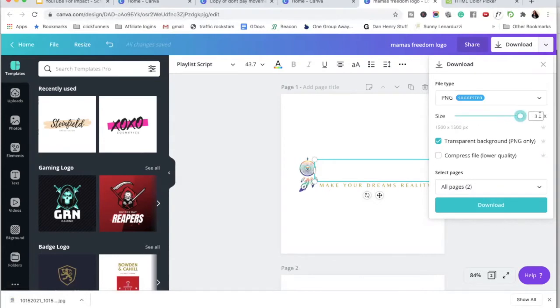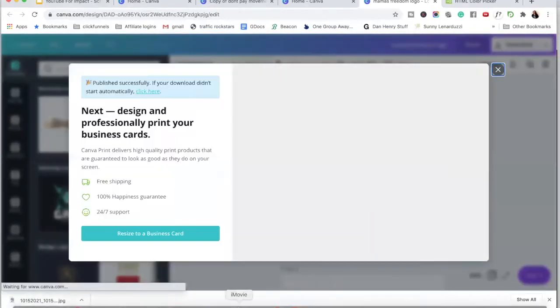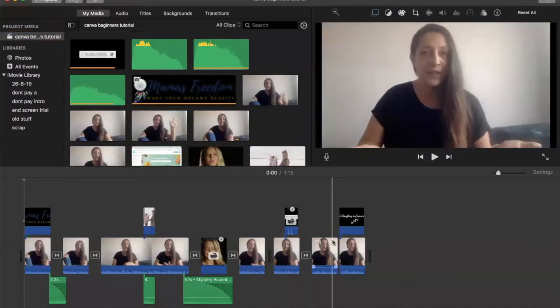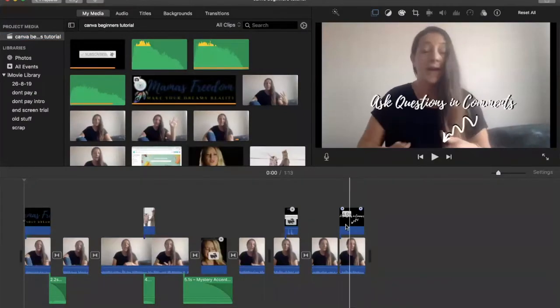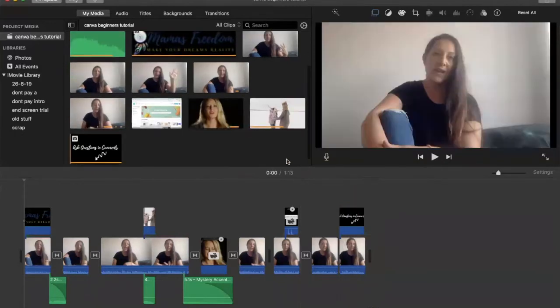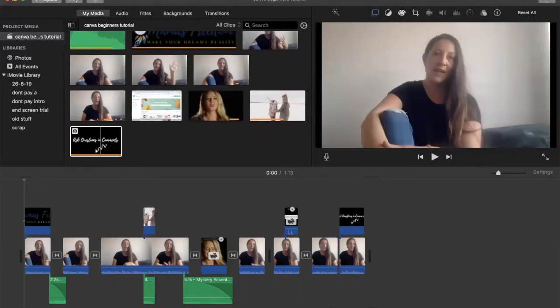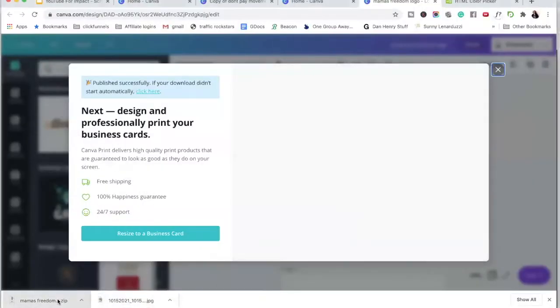So you want to adjust your size to being quite high, otherwise if you try and make it bigger, it'll go blurry. So you want to download it as a bigger file initially. When you hit download, I'll just show you what that looks like. And see here in the video, I also used it as a call to action, ask questions in the comments. I made that text in Canva, downloaded it as an image, and then uploaded it to my video and placed it. So when we have a look at this logo,